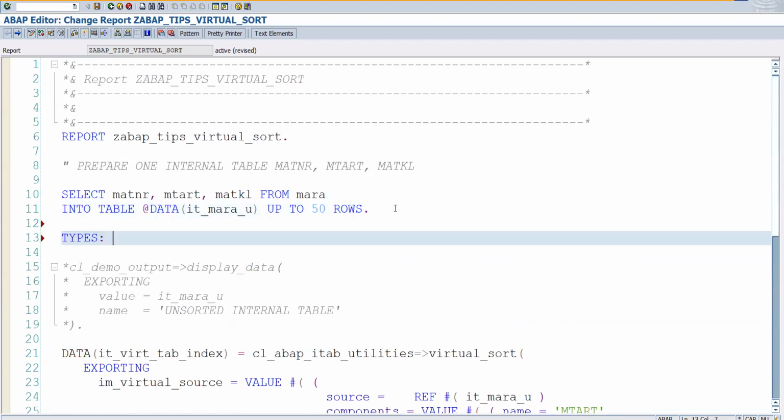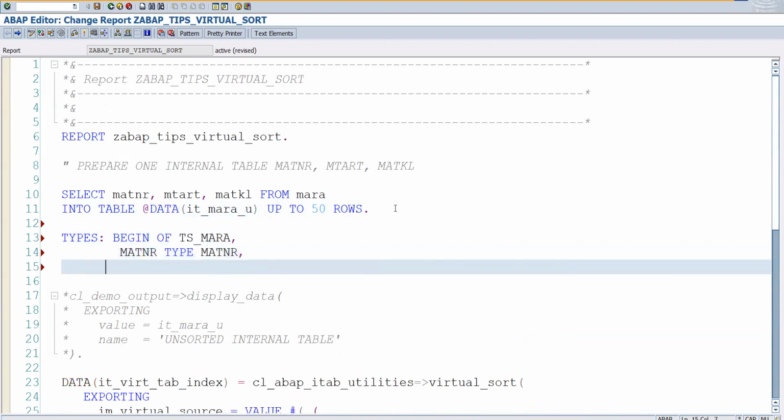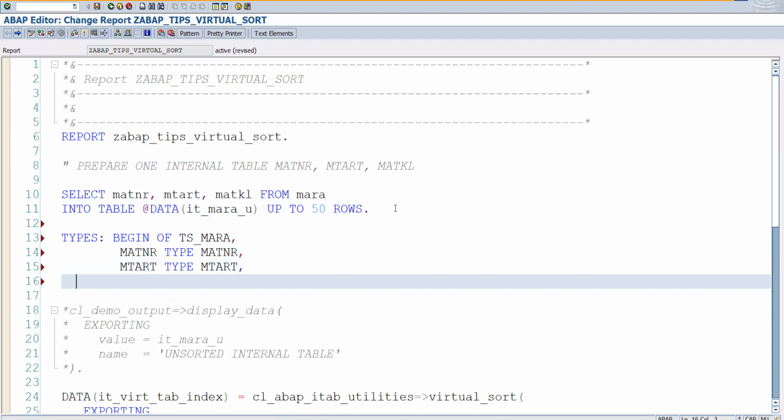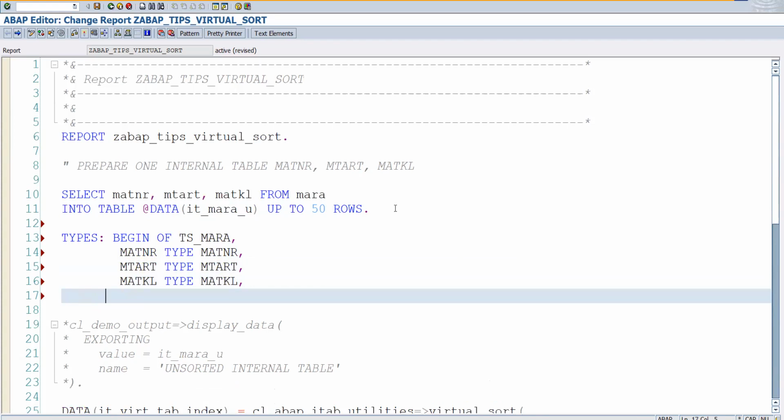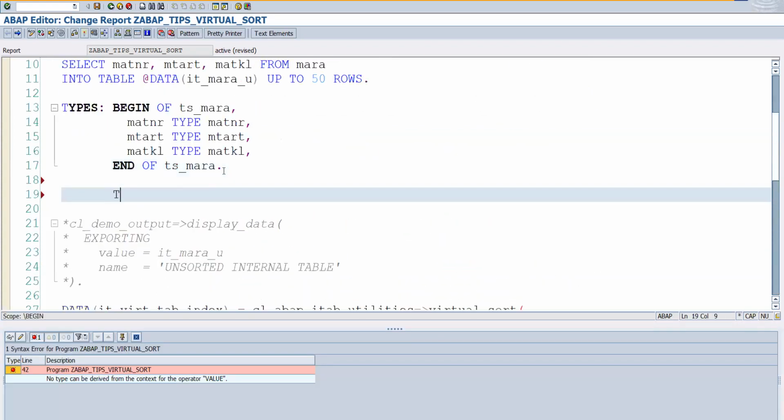So TYPES: BEGIN OF ts_mara, then you have matnr TYPE matnr, then mtart TYPE mtart, then matkl TYPE matkl. END OF ts_mara. Pretty print, check the syntax. Sorry, give the types